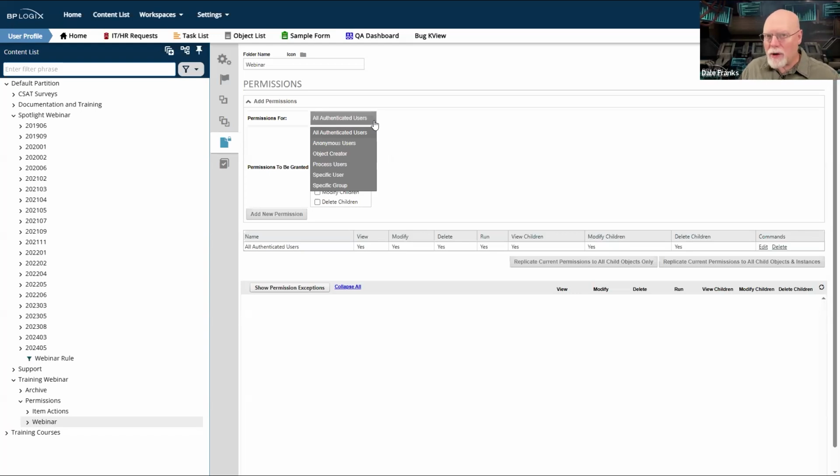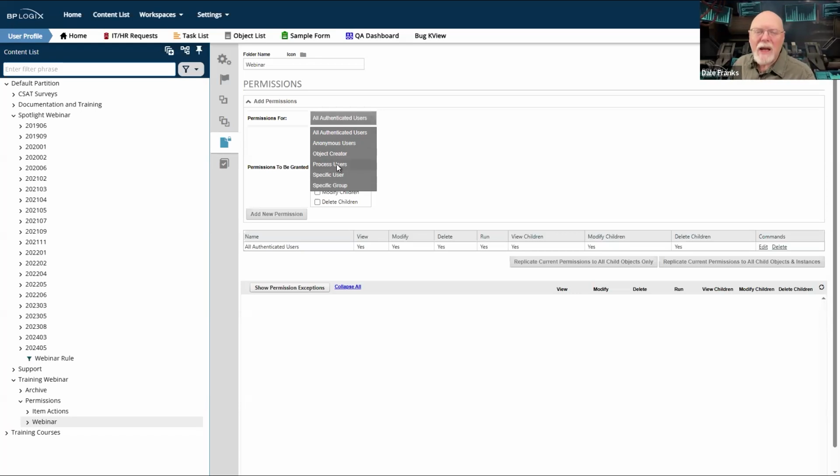Classes of user are a set of dynamic users whose members are going to change over time, and in fact may change rapidly over time. For example, I have process users as a class of users.